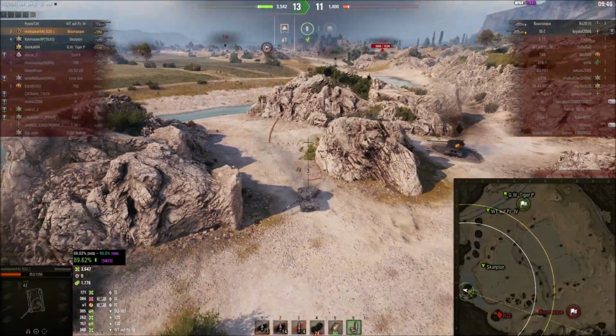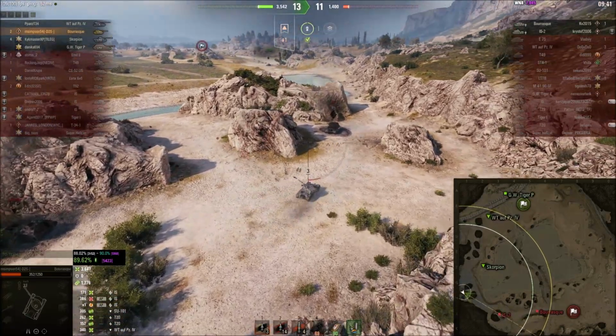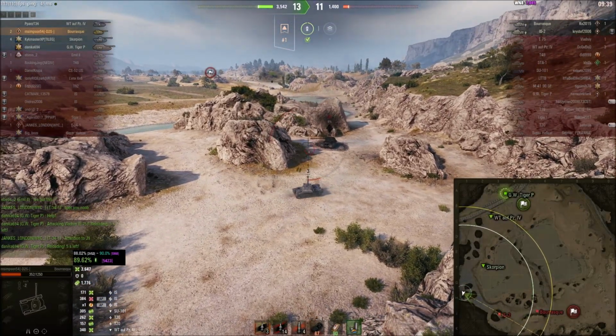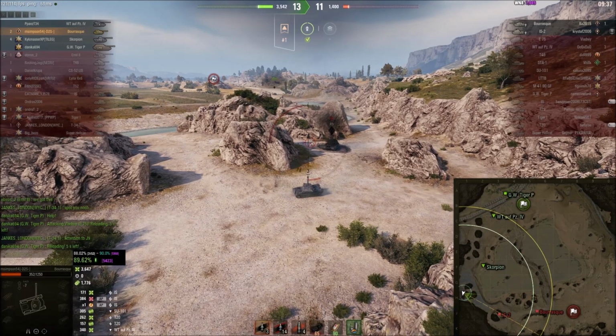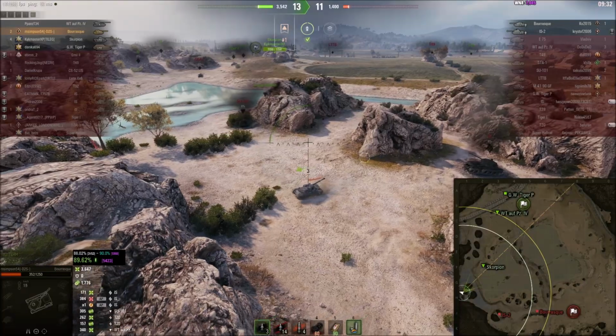As you just saw there, I killed the IS whilst moving, and you can fire shots on the move in the Bourrasque, and you hit, I would say arguably, just as many shots on the move as you do when fully aimed, pretty much. So it's all about, when you do actually need to aim at something, getting that aim circle as